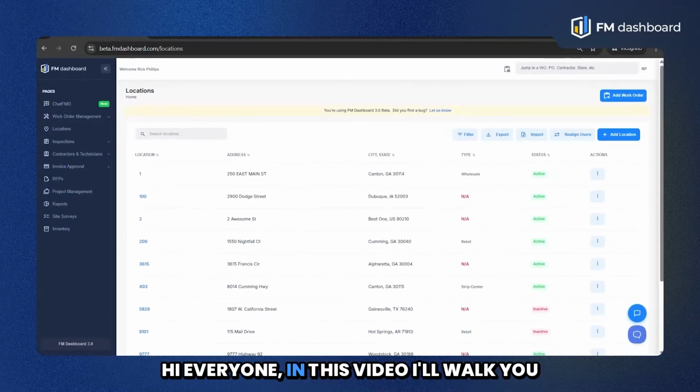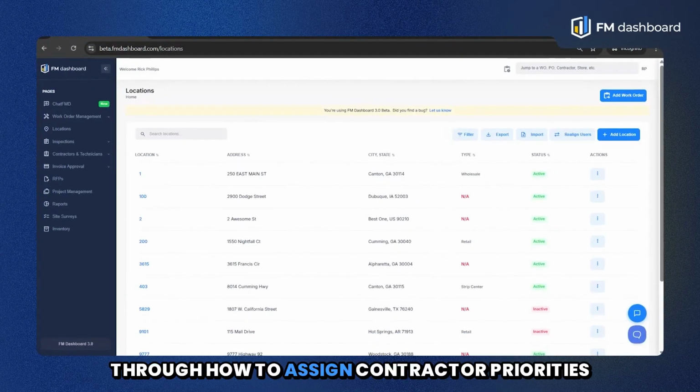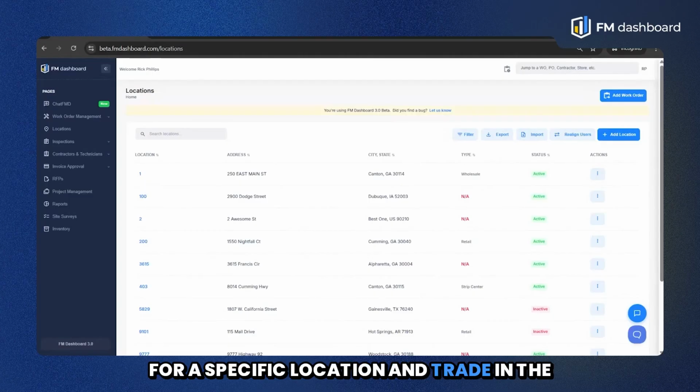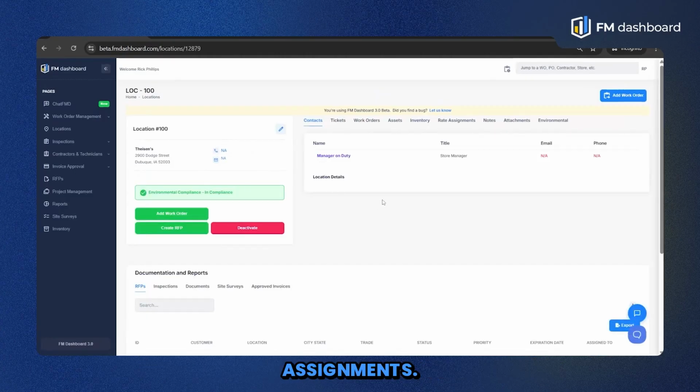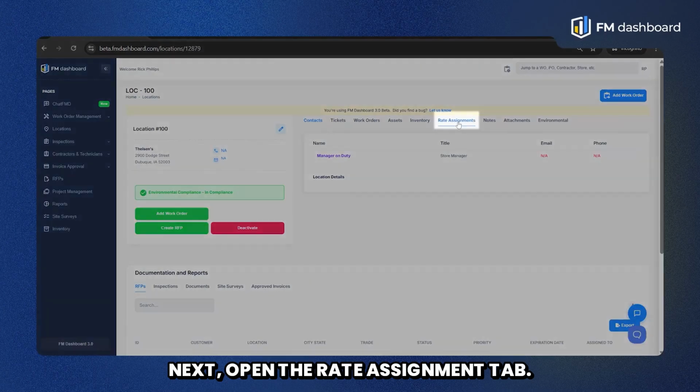Hi everyone! In this video, I'll walk you through how to assign contractor priorities for a specific location and trade in the updated FM dashboard. To get started, navigate to the location where you'd like to manage contractor assignments. Next, open the Rate Assignment tab